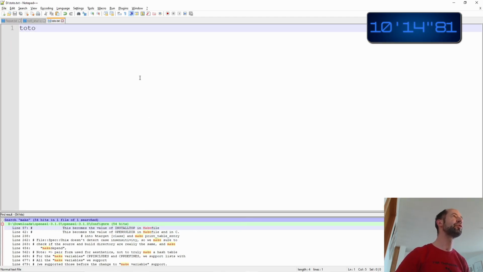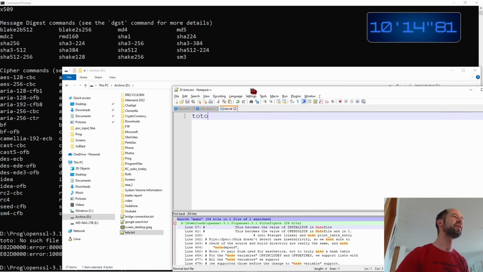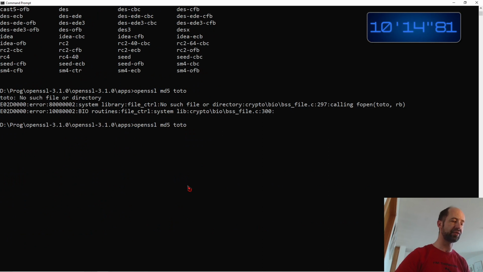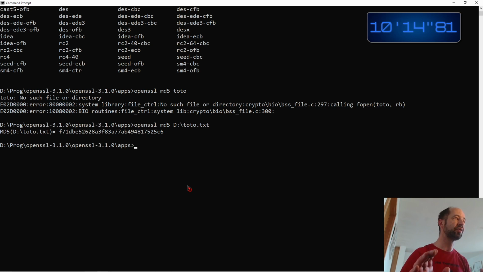So let's create a file toto.txt in the D drive and say I want the hash of D:\toto.txt. Okay, so it looks like OpenSSL is working. At least I have a demonstration here by computing the MD5 hash with OpenSSL.